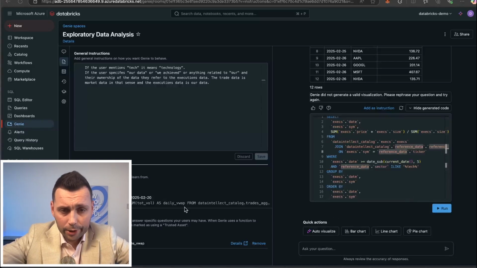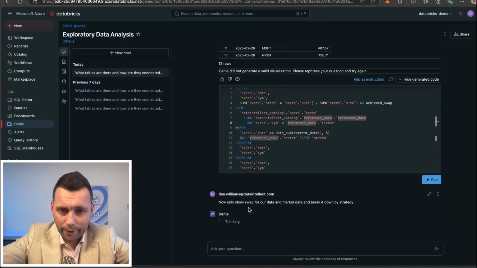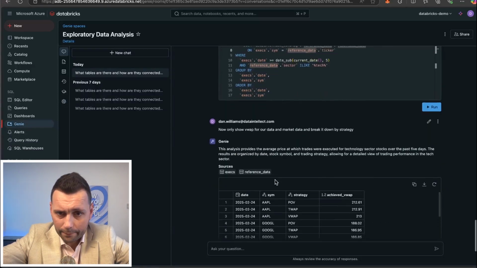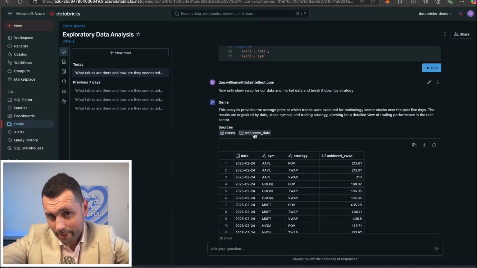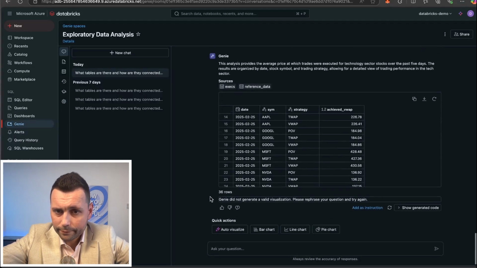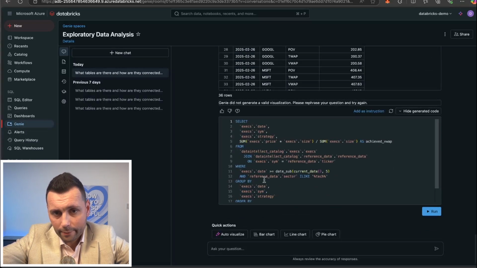Now let's ask it another question. Now only show VWAP for our data and market data and then break it down by strategy. Let's see what Genie will provide us with, because strategy is a column in our executions table. Here, it looked at our executions table and our reference data, and we have the achieved VWAP by strategy, okay? So we can see that we have achieved VWAP as executions price multiplied by size divided by size, and it also